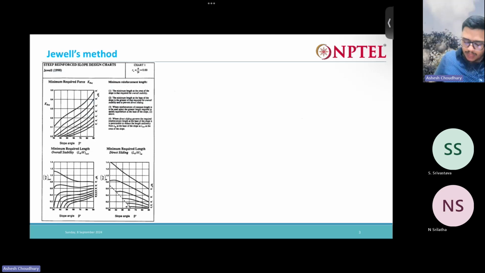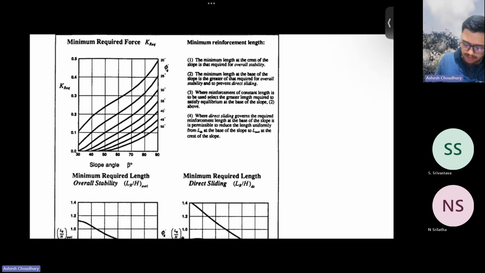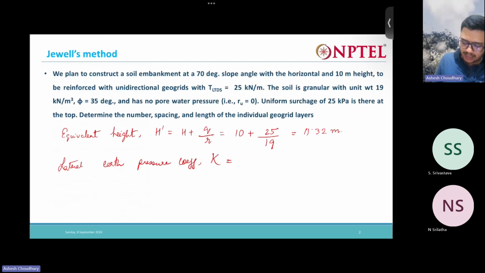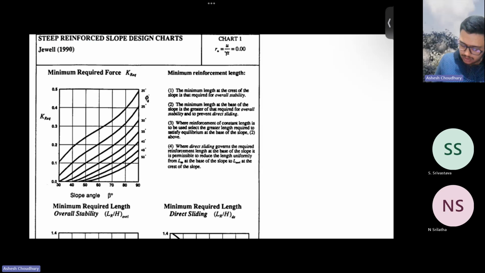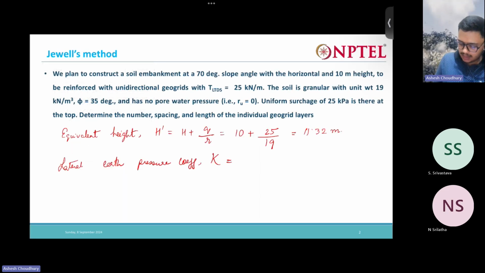See, the first chart gives the minimum force required. From here we can get the coefficient K. So let us see, what is beta? In our case beta is 70 degrees, and then we have the phi value. What is the phi value that is given to us? That is 35 degrees, right? From here you can get that. So approximately you can take the K as